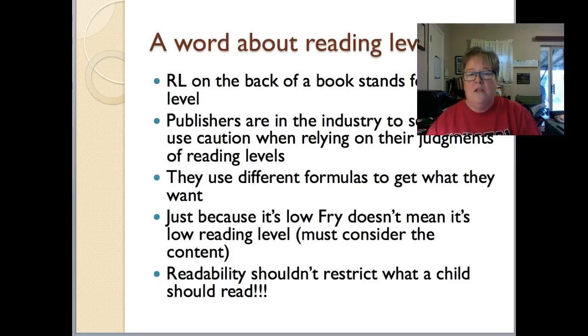Readability should not restrict what a child should read. Just because a book is at a low reading level doesn't mean they should automatically read it if they're in 2nd grade. Just because it's at a higher reading level doesn't mean they shouldn't read it if they're in 7th grade. Okay? We have to keep in mind content, interest, readability, development, all of those things. It's a lot of balls to keep in the air, to juggle, but that's our job as teachers when we're trying to match kids to